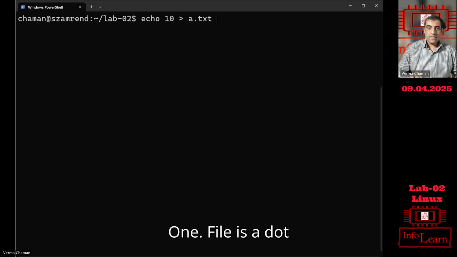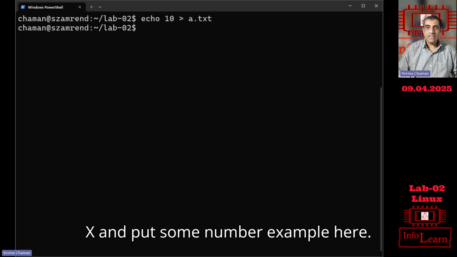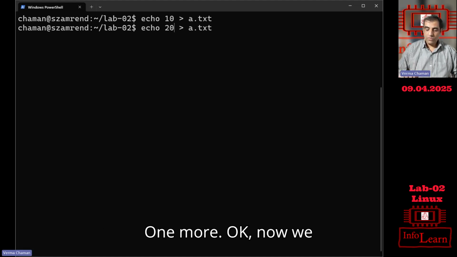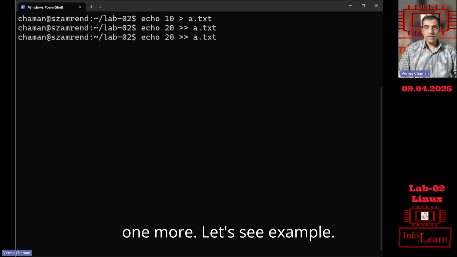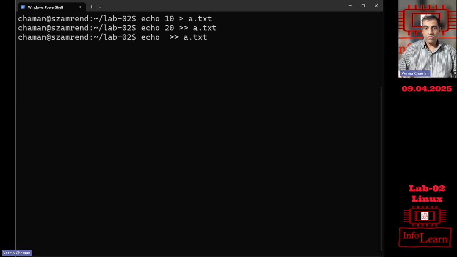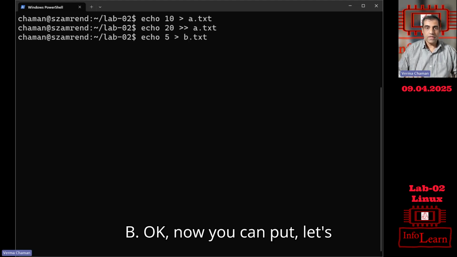One file is a.text, and put some numbers as an example here. One more. Okay, now we have 2 numbers. Now create one more file. Let's say example 5, and put it in a new file, b. Okay, now you can put, let's say,